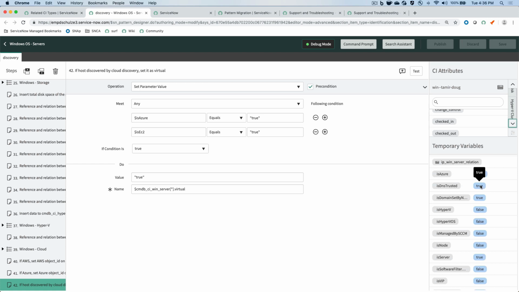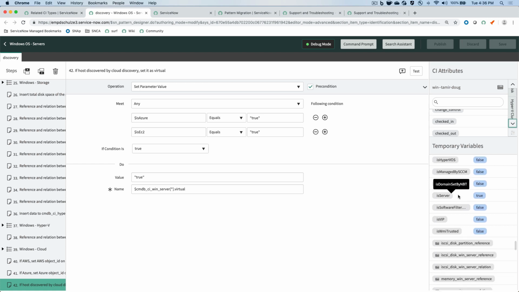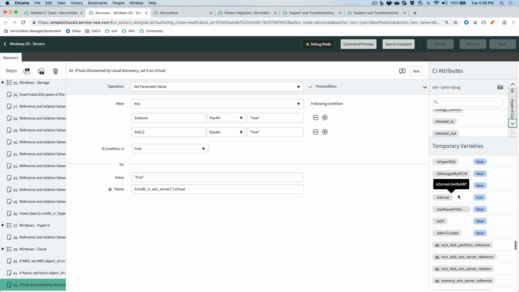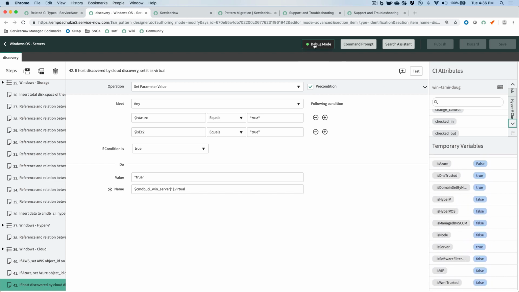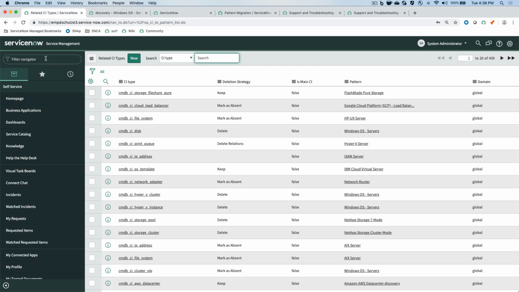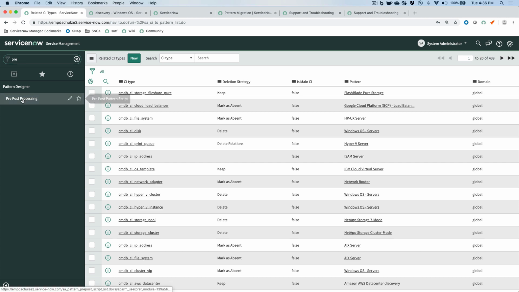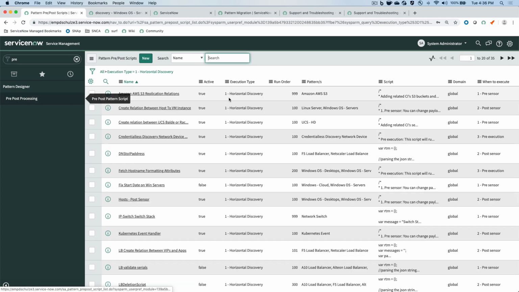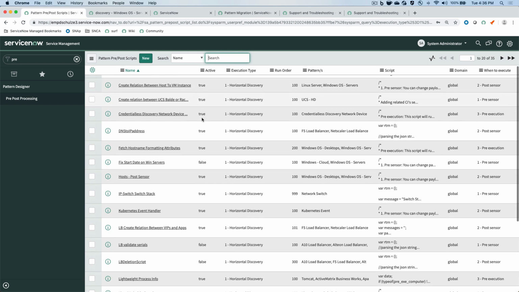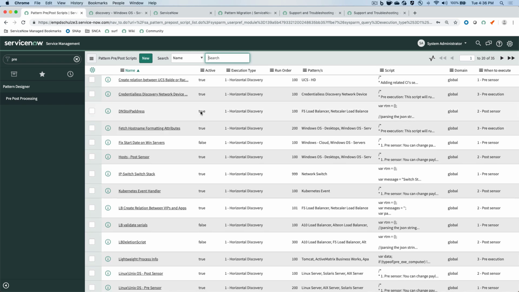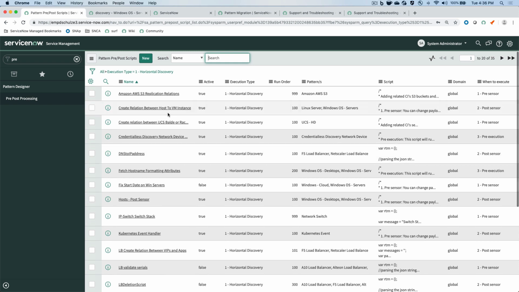Is DNS trusted name sources, right? Is Hyper-V. All kinds of properties and attributes that are preloaded into the system. So we're going to go over here and look at pre and post processing. So under the pattern designer, pre or post processing. You can see we've got about 35 different types of pre and post processing scripts that come